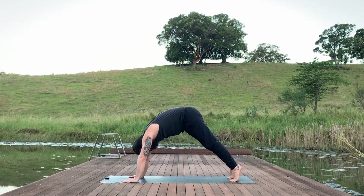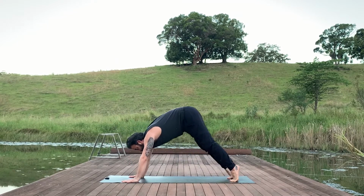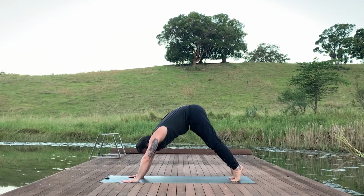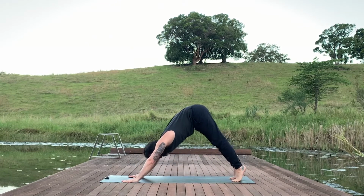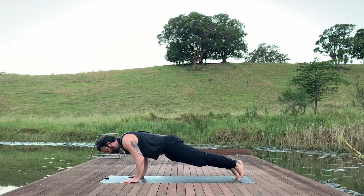High plank, again, rounding the upper back, really emphasizing that position. And then sending your hips back into down dog. You go ahead and take maybe 2 more rounds on your own. Plank, back to dog. Tight thighs as you're coming through into high plank now, and lowering down through chaturanga, bending the